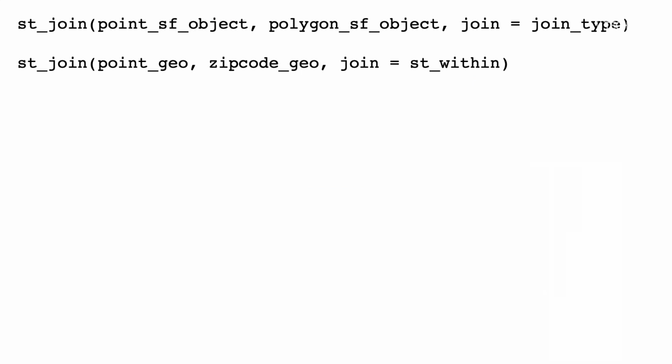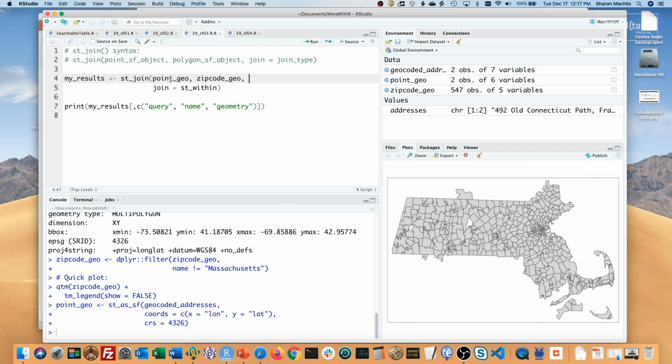The order of the objects means all points are included from the addresses, but only matching zip codes in the polygons. And again, my type of join is st_within because I want to calculate which polygon the points are within. st_join, my points, my polygons, st_within. Let's run the code.